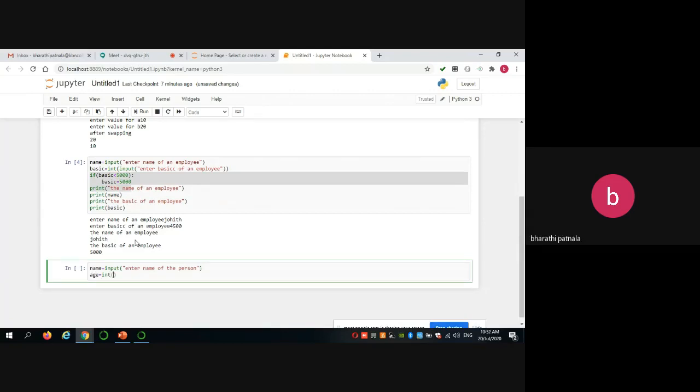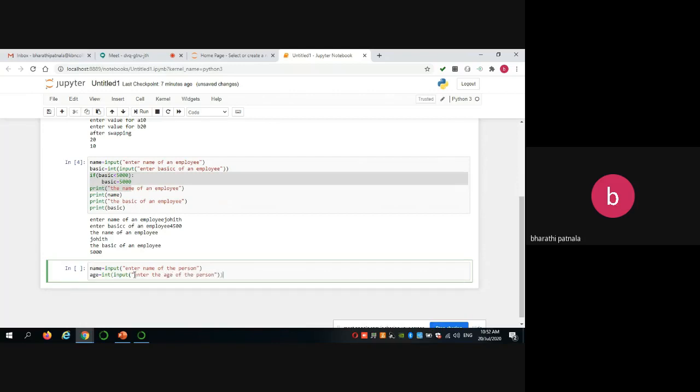Again, you have to convert it into an integer, because the values you enter using the input function are always in the form of a string. That's why you have to convert it into an integer, like Integer.parseInt in Java.